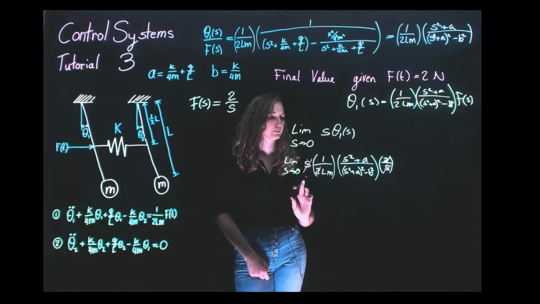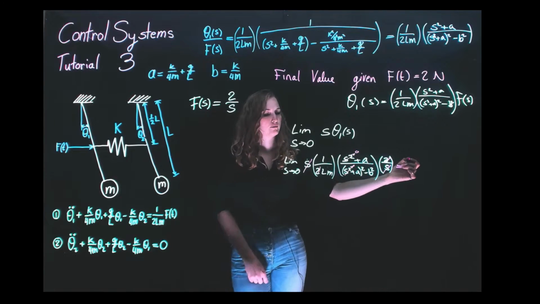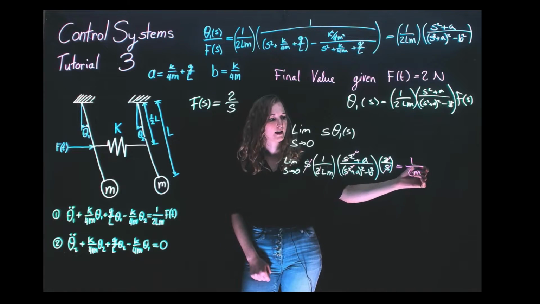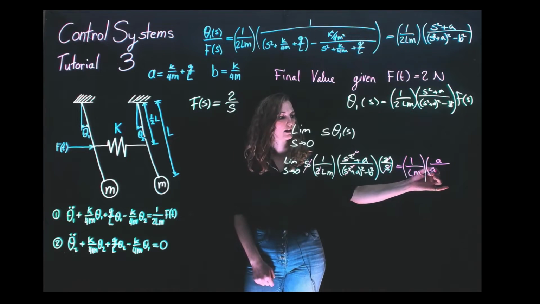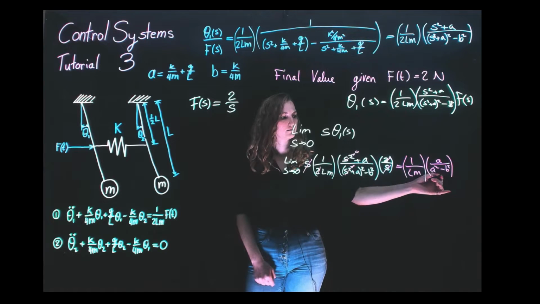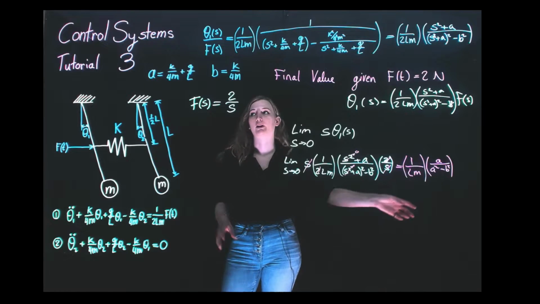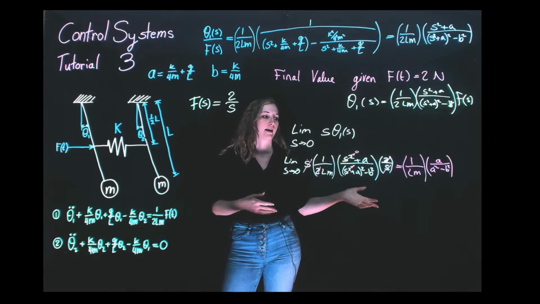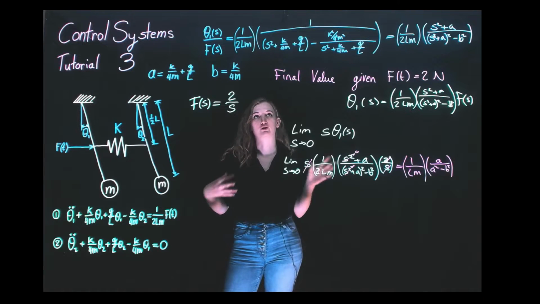And as s approaches 0, we will have this approach 0 and this approach 0. What we should get is 1 over lm times a over a squared minus b squared. Okay, so that's it for this question. Obviously, we could plug in a and b again, and if we had actual numbers, we could evaluate it at those, but this is just the analytical expression, and hopefully it gives you a good idea of how to approach